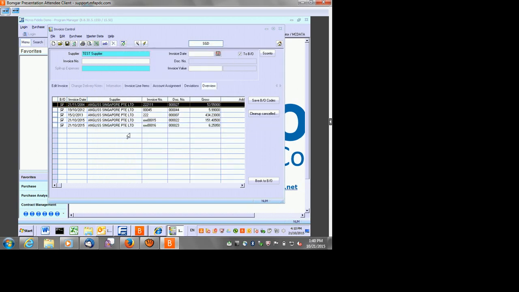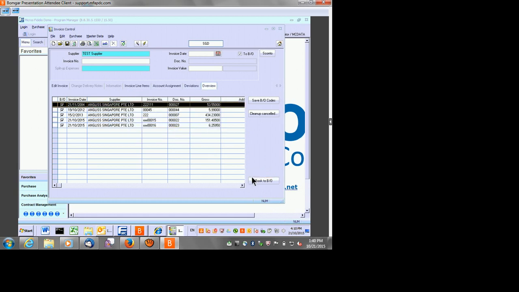I have 1, 2, 3, 4, 5 invoice documents from English. You can see there's an invoice number there. I can now book this to back office if it's already correct. Booking this to back office means this will go to accounting for posting debit credit. So if I book this to accounting now,